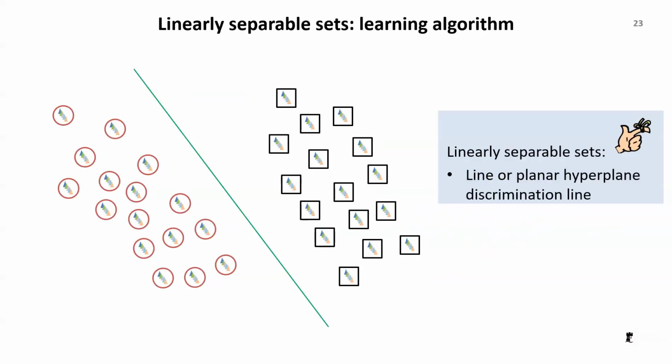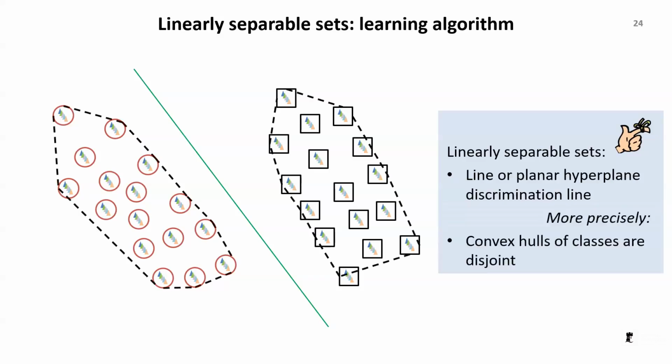We will always start from linearly separable sets. And then we want to find a neural net that can split them, but now imagine your problem is so big that it's not something you can do by hand. And this linearly separable set, again, how do you know? By the convex hulls, which should be disjoint.